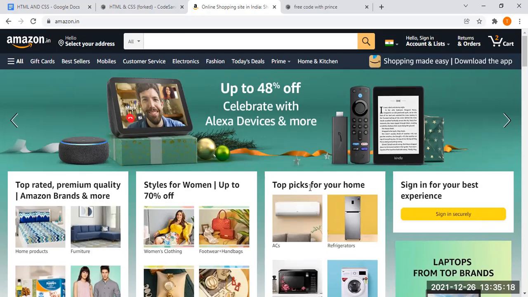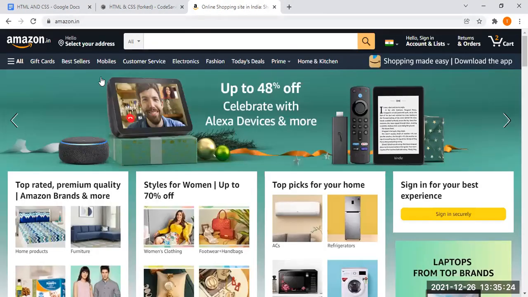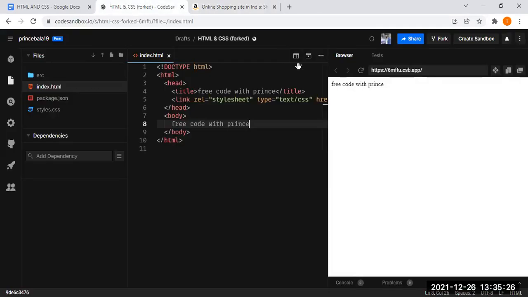When you talk about whether HTML is static or dynamic, basically HTML is static, which means that it won't be clickable. You can't make this clickable. Nothing will happen. It will be only for presentation purposes. So you cannot deal with the elements in plain HTML. Okay, fine. So these are the things that you should know about HTML.